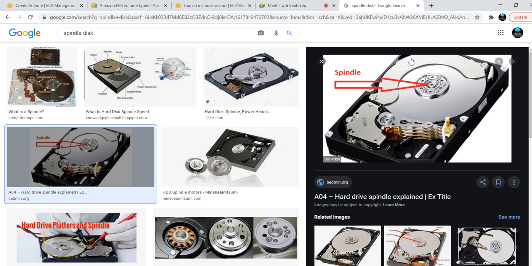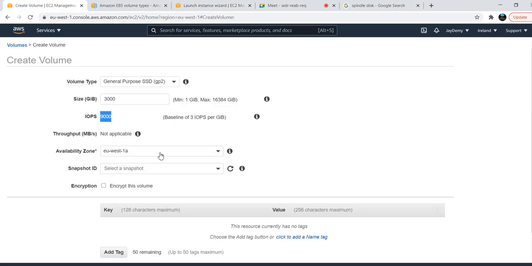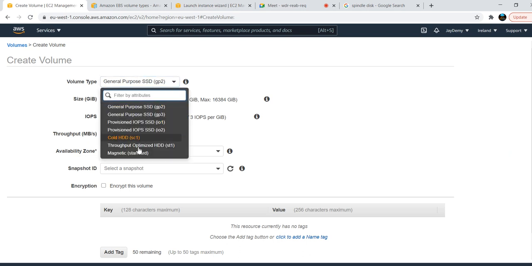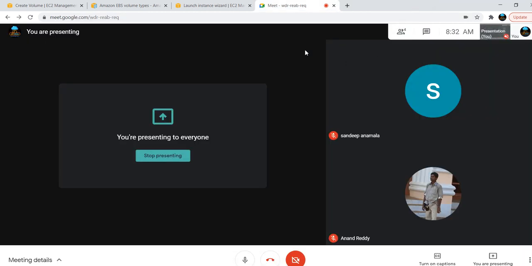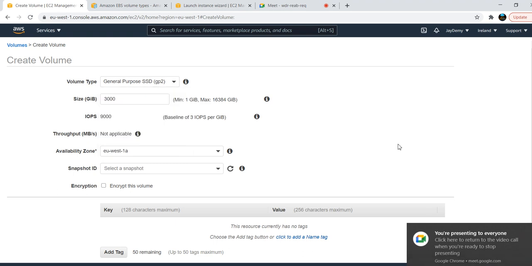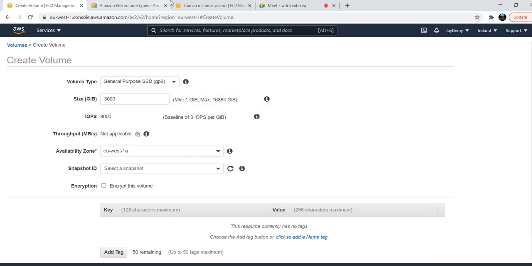This is the magnetic disk. There is no IOPS, they did not give any. So if you see this one, these are the magnetic disks. These three come under magnetic disk, and this is how our disks will be in the data center also. This needs to be rotating whenever you are getting the data, and that is the reason they didn't give any IOPS. And this SSD is like our memory cards, right? In the same way we will create.